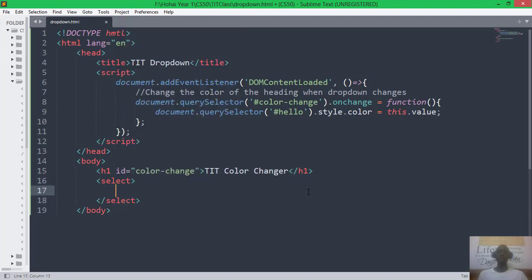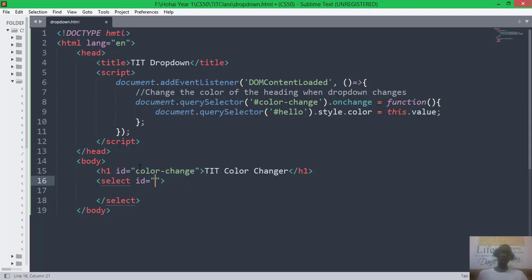So select, and then we have to get an option. But this select, we also need to have an ID of it. Put an ID on this select to do something. So what is going to be on this ID? This ID is not going to be called,